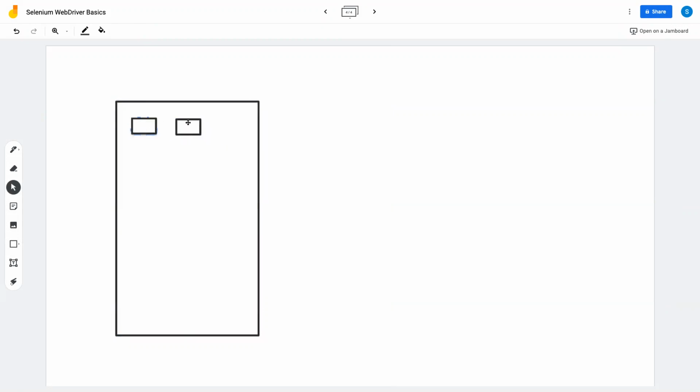So let's say this is a button, this is also a button, and there may be a lot of other things like a text box. So let's say this is a text box, and then a hyperlink, and then a drop down, and so on. There could be multiple things. So this is one website, and on this website there are so many things: buttons, a text box, a hyperlink, and a drop down. So there are different types of elements on this website.